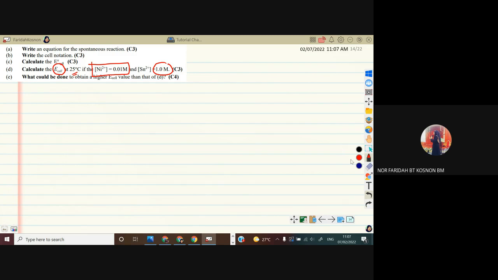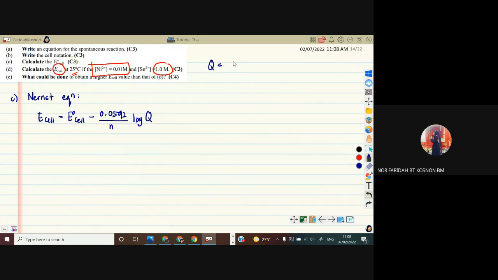Alright, so to calculate the E cell, we are going to use the Nernst equation. For question D, we need to use Nernst equation. Okay, basically the Nernst equation yang kita akan guna ni adalah E cell equals to E node cell minus 0.0592 over N log K. Actually kat sini dia tulis log Q. Tapi kita kena tunjukkan Q tu apa. Okay, kita tahu bahawa Q itu adalah